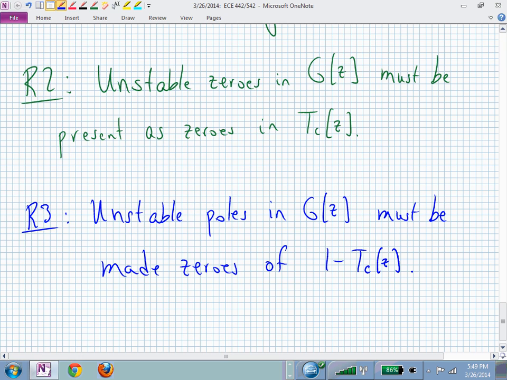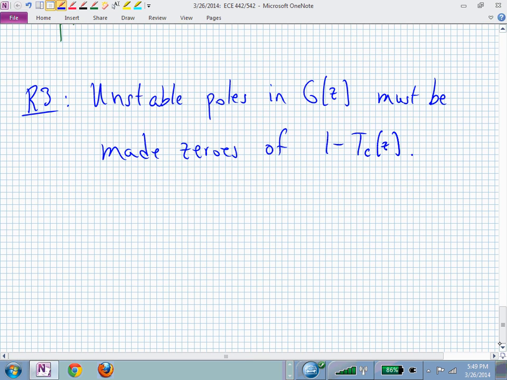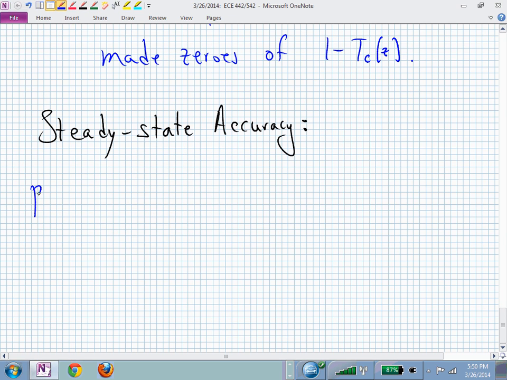Those are restrictions 2 and 3. The last restriction is the result of steady state accuracy. Tracking error, making that error small due to a constant, due to a ramp, due to a parabolic input. Steady state accuracy then leads to restriction 4, again on T sub c of z, and that says that steady state accuracy,